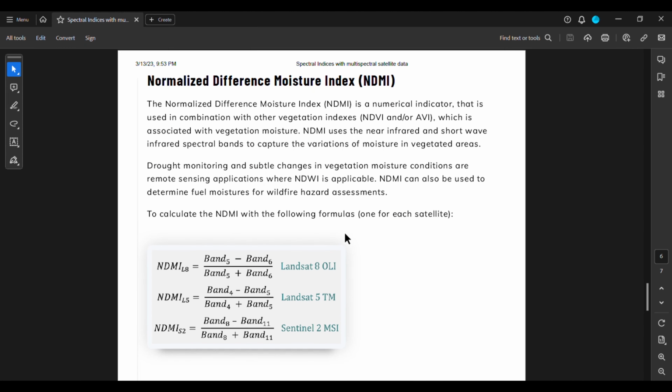Hello everyone. In this video we're going to learn how to calculate Normalized Difference Moisture Index, or NDMI, from Landsat image. And simply, NDMI is a numerical indicator where we can calculate the vegetation moisture of a certain area, and it actually helps us to understand how much moisture is available in which area, the variation of moisture in the